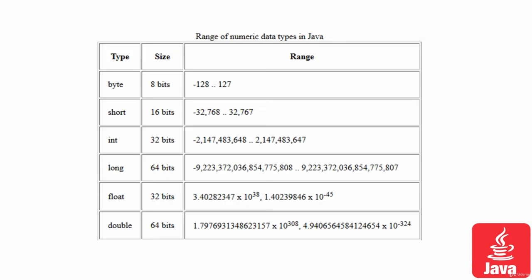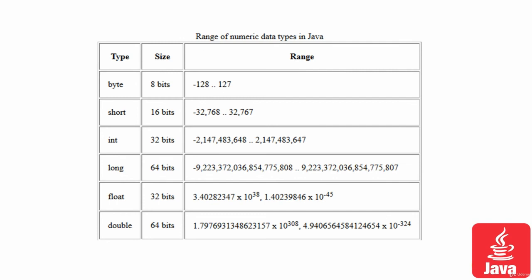Then there is a range of numeric data types in Java. For byte, we could have 8 bits of size and can store values from -128 to +127. So it would not be storing a plus 130 value in the byte. So be careful. Suppose you have two byte variables having values 20 and 127. They could not be added and displayed as a byte. It would be displayed as a short.